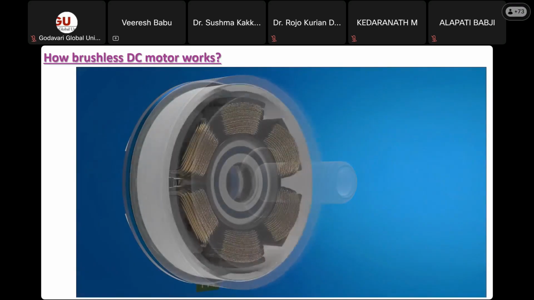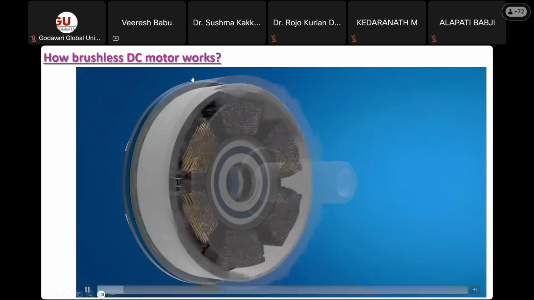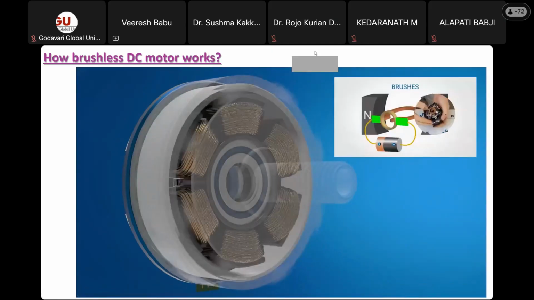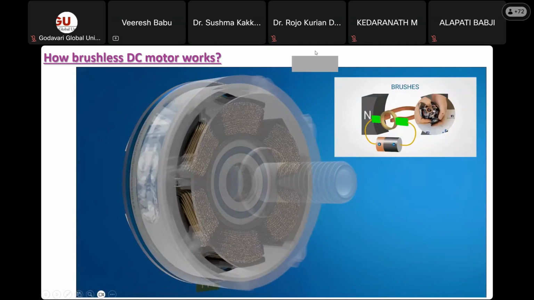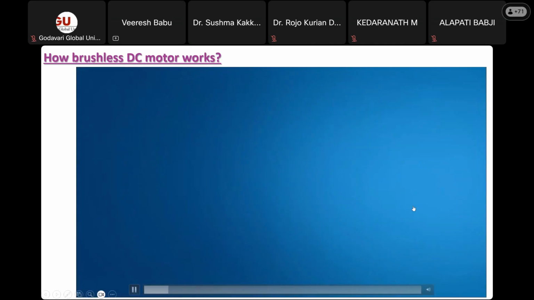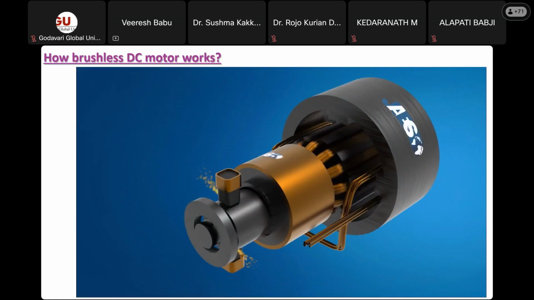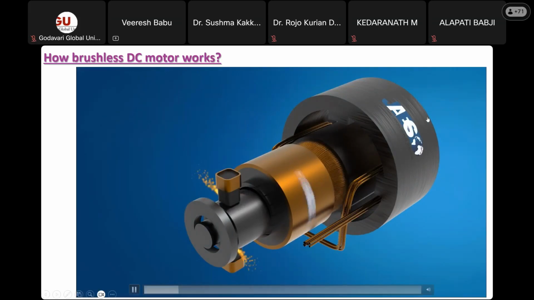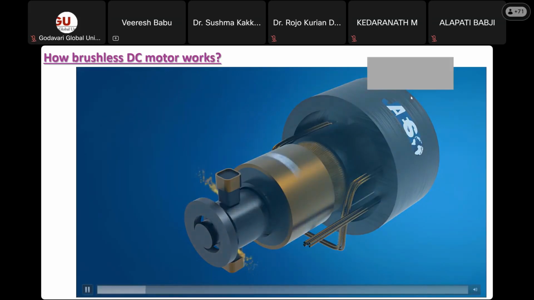We can assume already by its name that this type of electric motor has no brushes, as we have already seen in our previous video about the working principle of DC motors. The brushes are sliding devices which allow the electricity to flow into the copper coil of the engine. The brushless motors have no sliding elements on the collector, so this completely solves the problem of maintenance and replacement of brushes